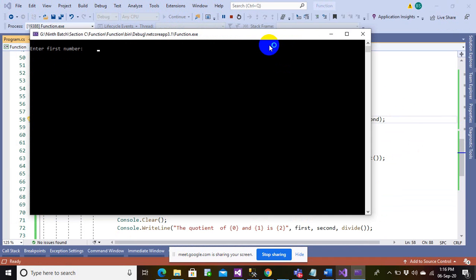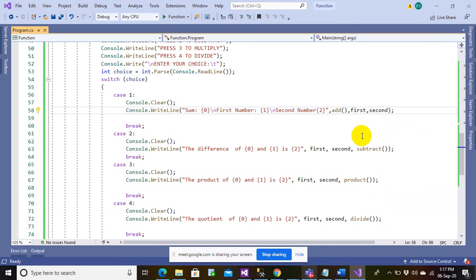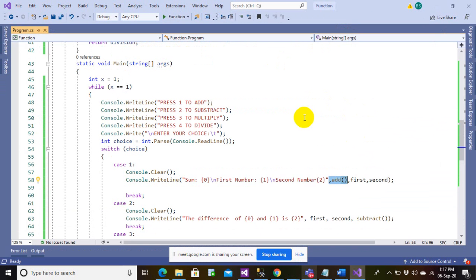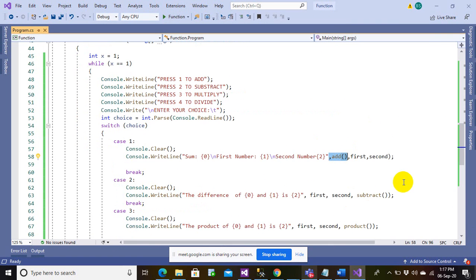Let's say 1, first number 100, and second number 200. Now it gives you sum 300, first number 100 and second number 200. So this is how it will work. If you call it later on, then the first value will initially be 0 and the second value will initially be 0, and after calling the first one, the value will change, so you won't be able to retrieve the updated value.